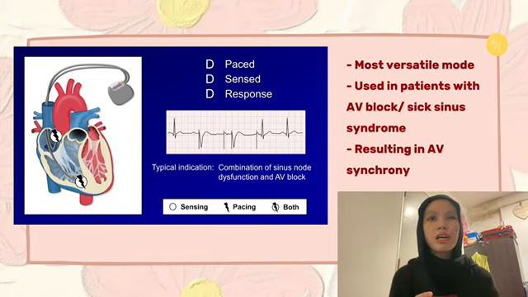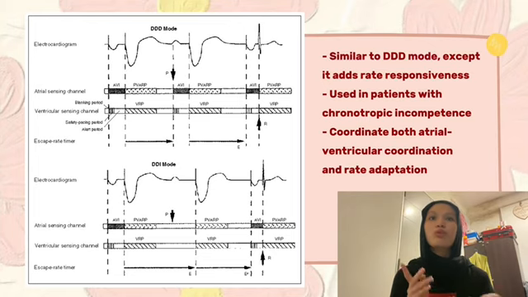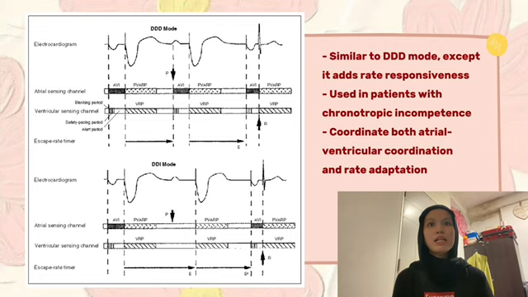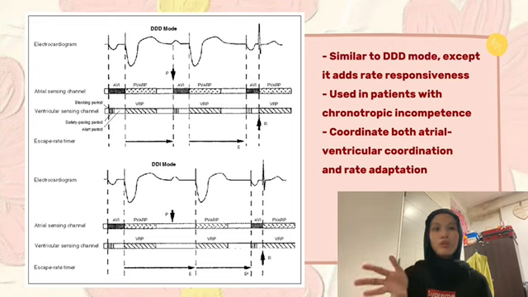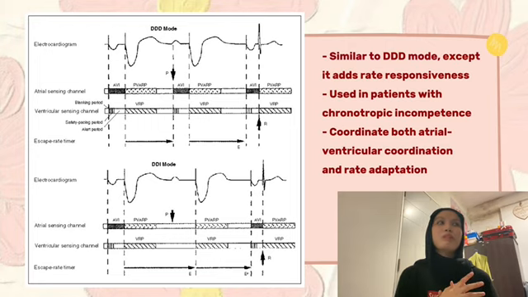Next is DDDR mode, dual chamber pacing with rate responsiveness. The first D, same as DDD, means that it paces both the atrium and also the ventricle. The next D means it senses both the P wave and also the QRS complex. And I means that it inhibits pacing if it senses a P wave and QRS complex. And lastly, R is rate responsive, which means it is adjusted based on the patient's physical activity using sensors that